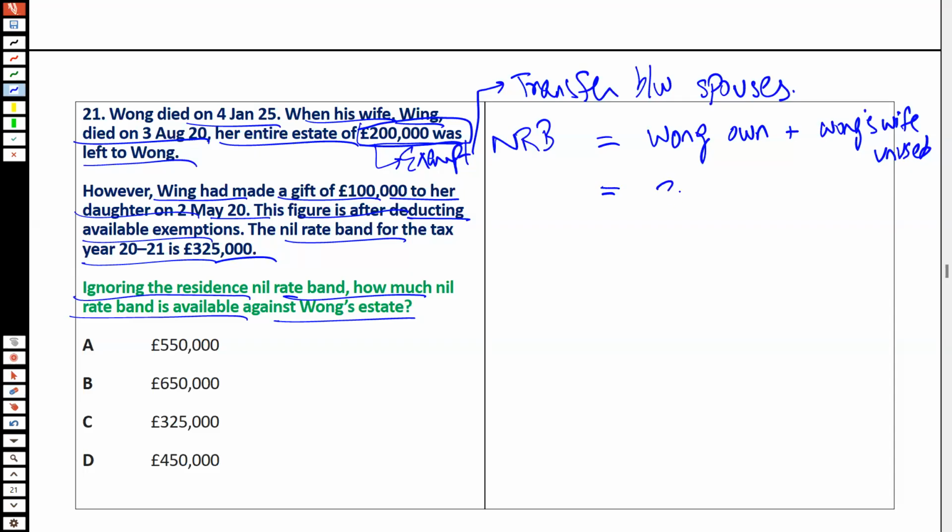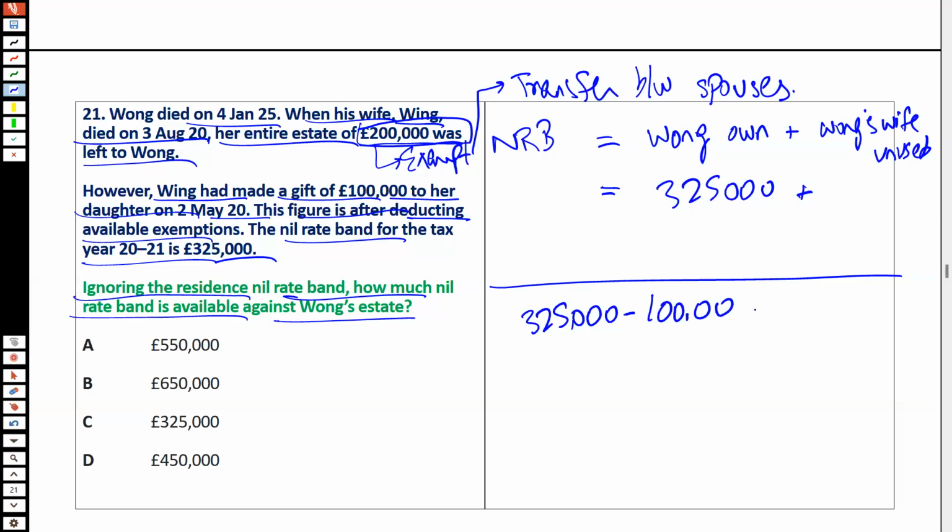Wong's own NRB is 325, plus Wong's wife's unused NRB. 325 was her NRB, of which 100,000 was used by the PET, right? So as a result, that somewhat translates into